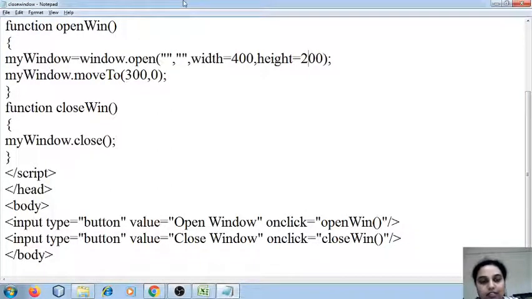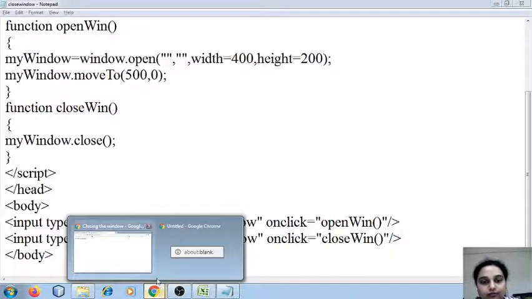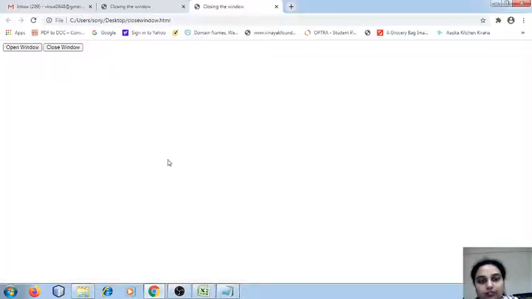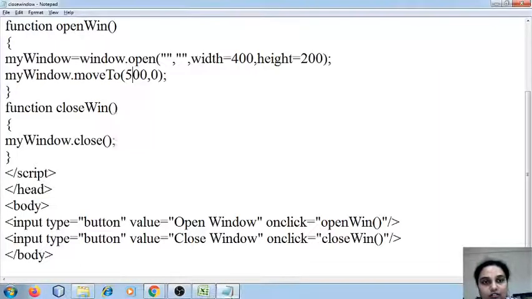Like if I make the height 200 and I change the position over here to 500, and now you can check the output. Okay, when I click on open window, see, I'm going to click on close window. Okay, so the height has been changed.